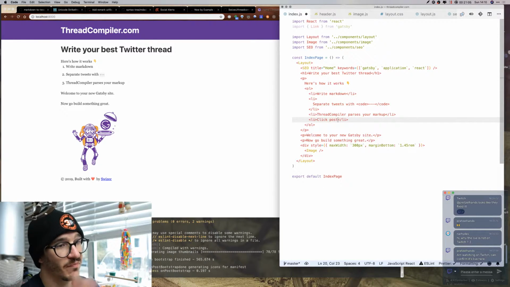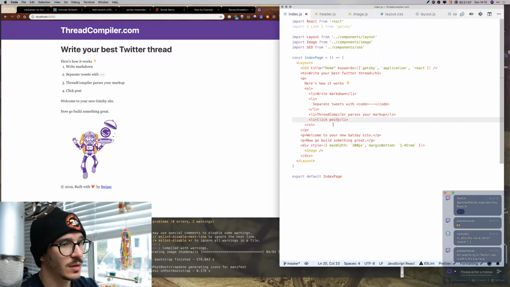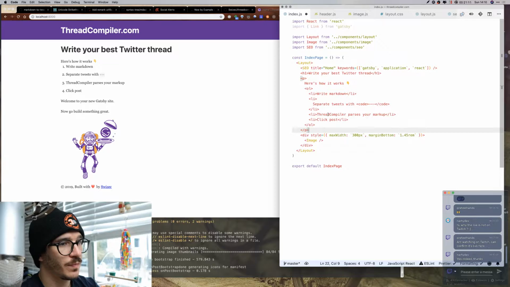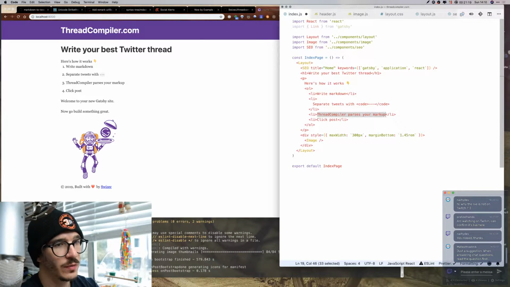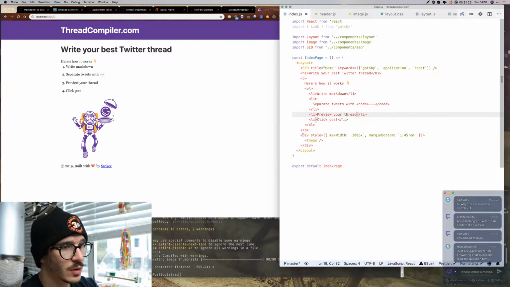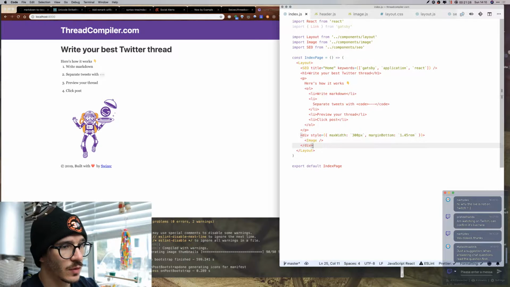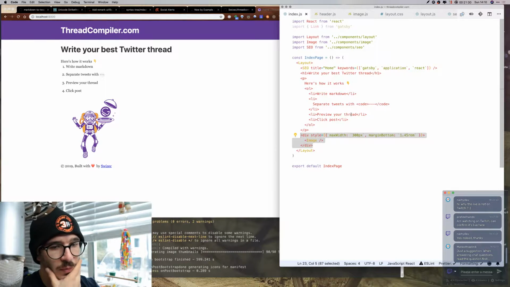Click post. I guess we'll see how far we get. So write Markdown, thread compiler, preview your thread, click post. Cool. So now we're going to